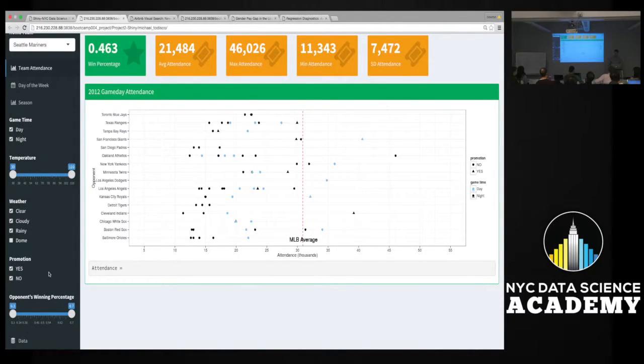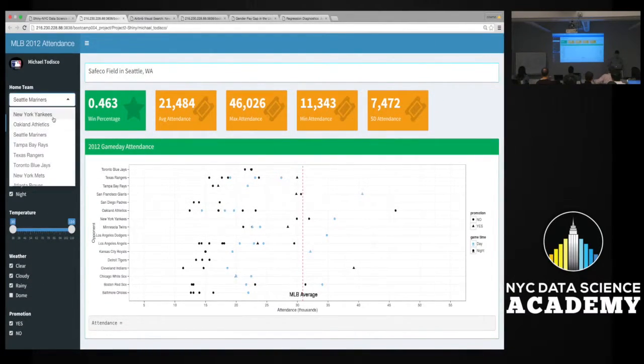And this next one here, promotions, this is actually the one that first started getting me going on this attendance topic. I wanted to look at in-stadium promotions, so anything where X number of fans that come into the stadium get a free hat or a bat or a bobblehead or something like that. I wanted to see if there was any increase in attendance when teams ran those types of promotions. So if we look at the New York Yankees,